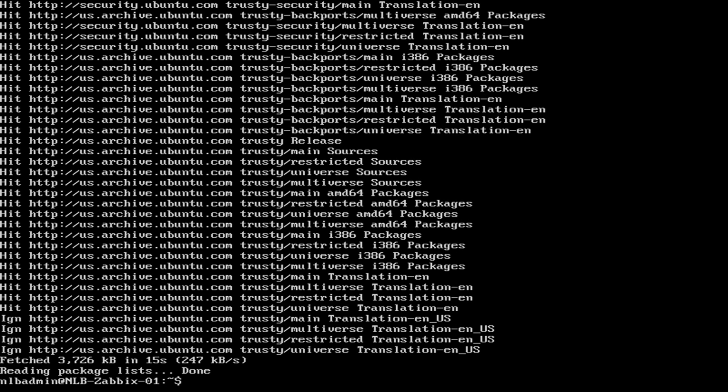Now that we confirm that all the packages are up to date and our list is successfully populated, we are going to proceed with installing our Zabbix server MySQL database and the front-end PHP. You can achieve this by using the command sudo apt-get install zabbix-server-mysql and zabbix-frontend-php. When I press enter,